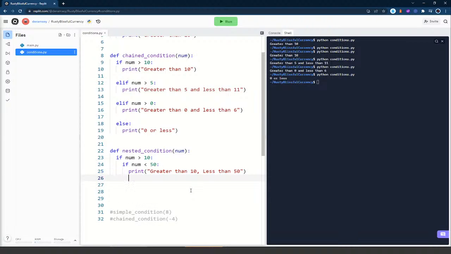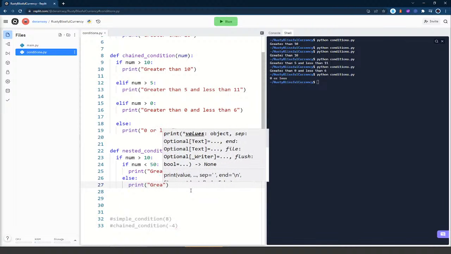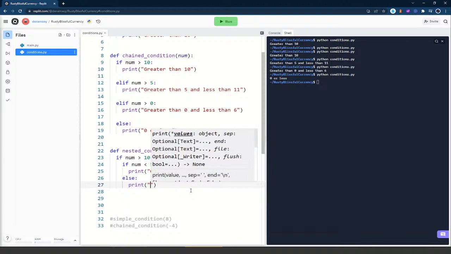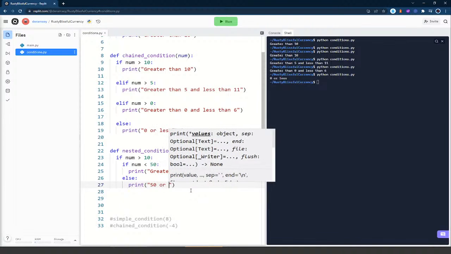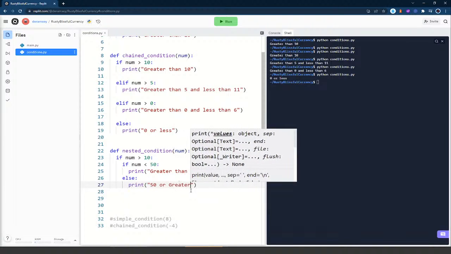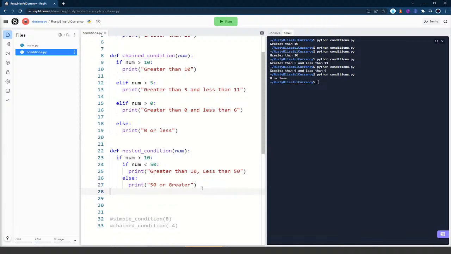So if we want to cover the rest of the numbers that are possible to be covered in this condition, we can just put an else statement in here and print "50 or greater", because that's going to cover all the numbers that